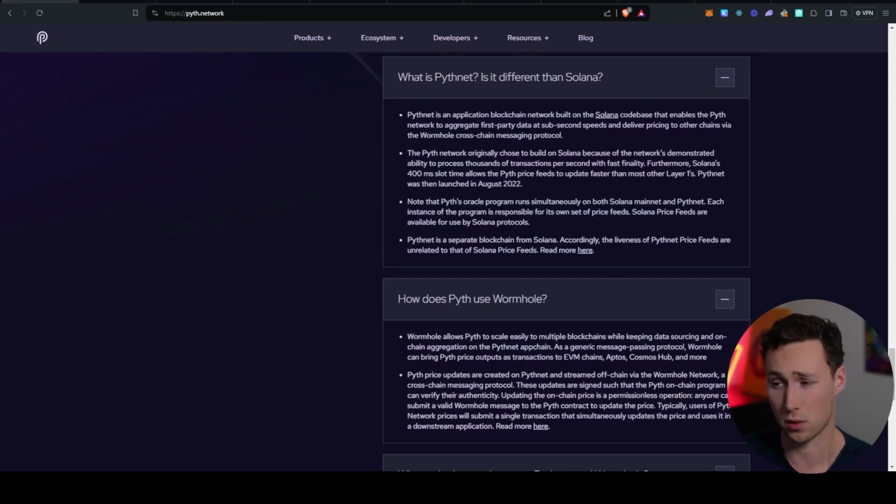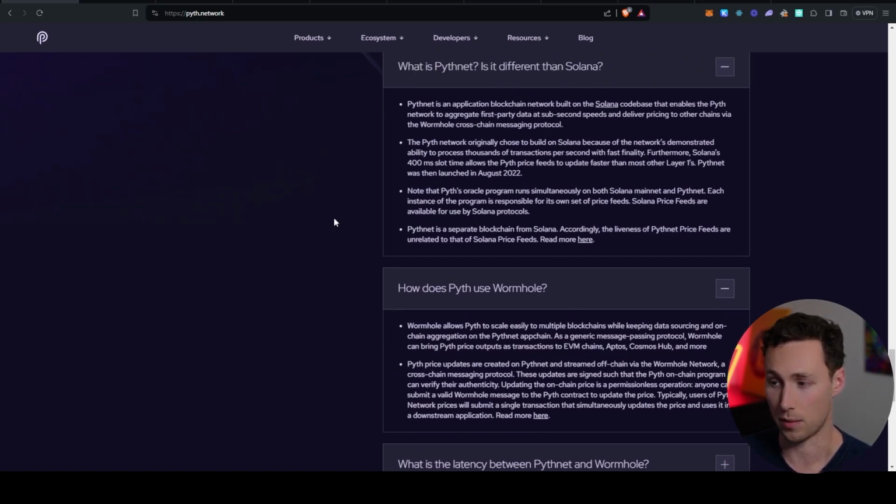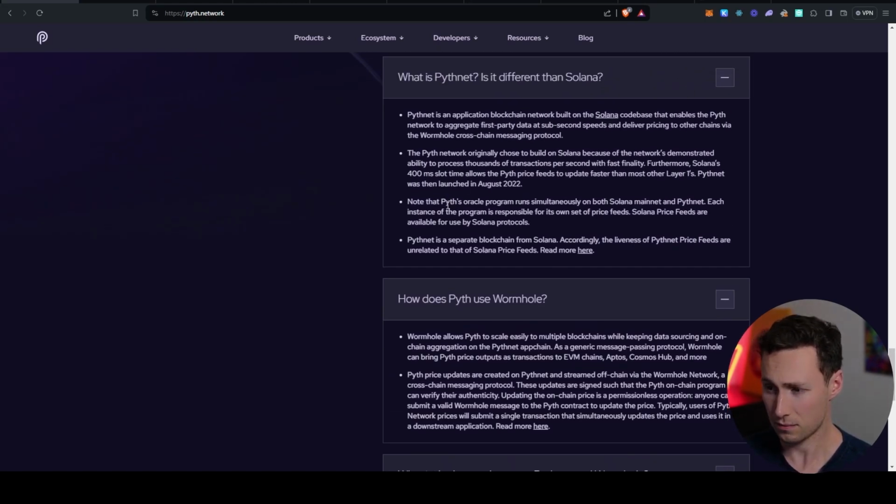The reason that Pyth Network is so fast is that it runs on something known as PythNet, which is an application blockchain network built on the Solana codebase. So remember, Pyth is closely linked to the Solana ecosystem, and that basically functions as its own separate blockchain for aggregating first-party data at sub-second speeds. Remember that it's only a few hundred milliseconds between each Pyth Network update. And then they use the Wormhole cross-chain messaging system to actually scale to multiple blockchains from there. But they are collecting all this data and processing it on their own separate PythNet, and that's what allows them